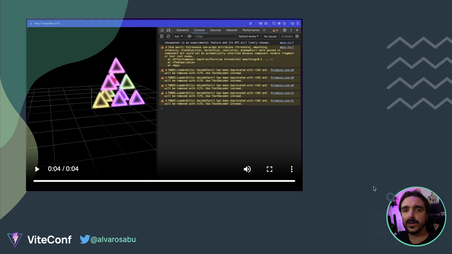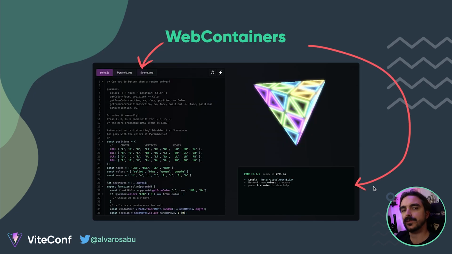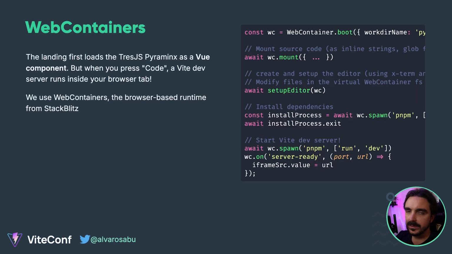Once we had our 3D puzzle working and optimized, the next thing we tackled was the web container integration part. And this is probably the most interesting part of the whole experience because we managed to embed a 3D puzzle into a web page with web containers and an editor, so you can actually edit the JavaScript that is running on this puzzle to complete the solving part, and you can modify it and try to solve it yourself. So how was that done?